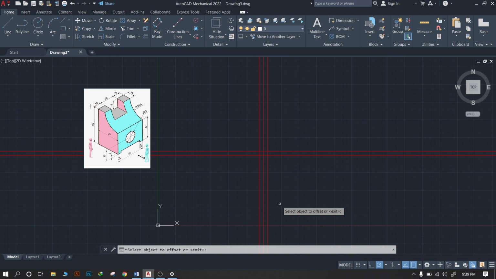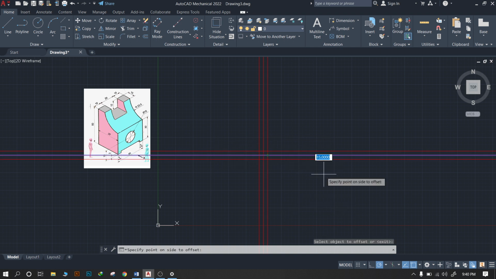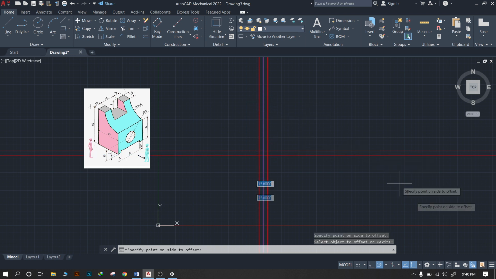Why are we taking the reference lines, or the construction line, for the drawing? Because we never draw the object dimension on the main construction line, that is on the xy line. This xy line, that is the horizontal line, we call it the HP line. And we never draw the dimension on the vertical line, that is the x dash and y dash line. Why are we not drawing?